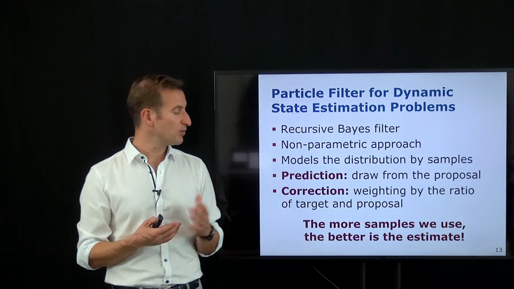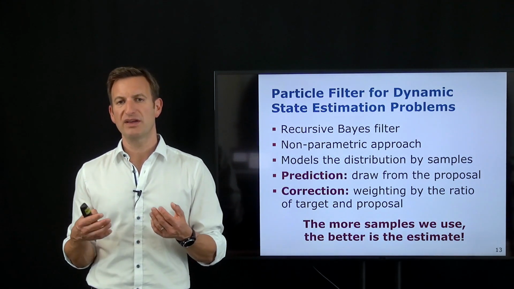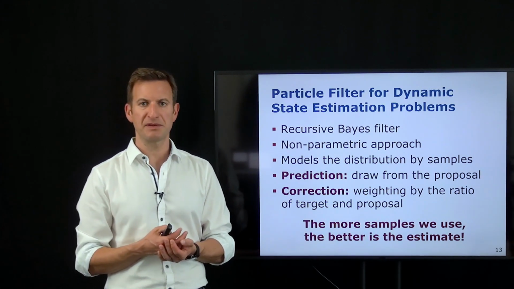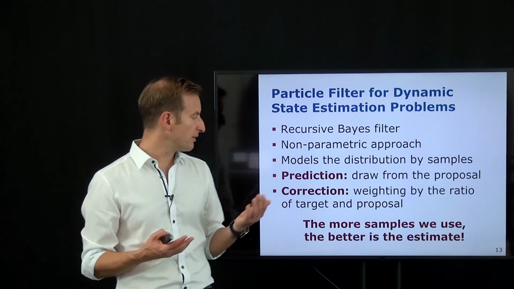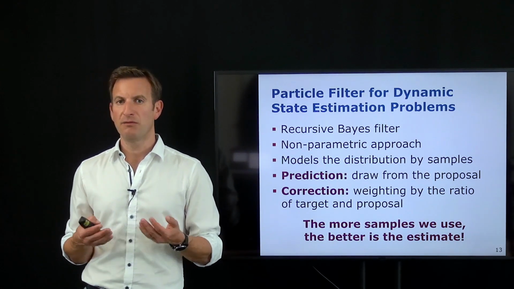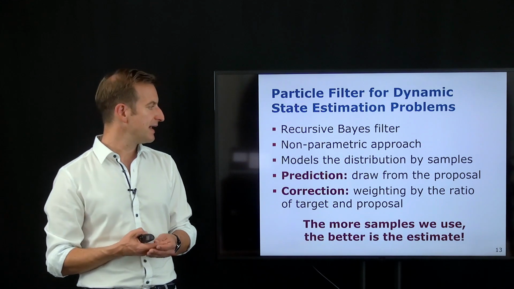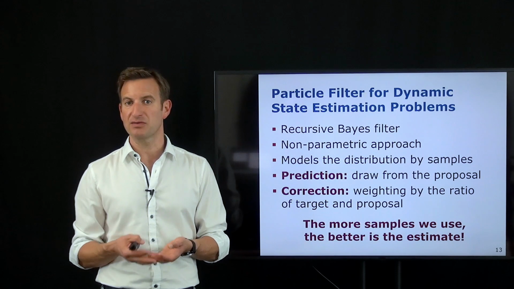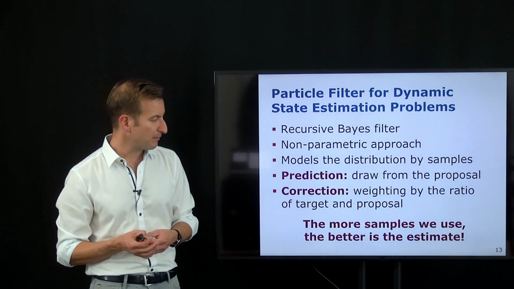Another advantage, which is not really written down here, is that we have better chances of dealing with non-linear models. So if you remember, the standard Kalman filter required linear models for the motion and for the observation, so for the prediction and for the correction step. And that's something that we do not need here for the particle filter. We can better deal with non-linear functions, and the only thing we need to be able to do is generate samples from that, or come up with proposal distributions in order to provide proper samples.